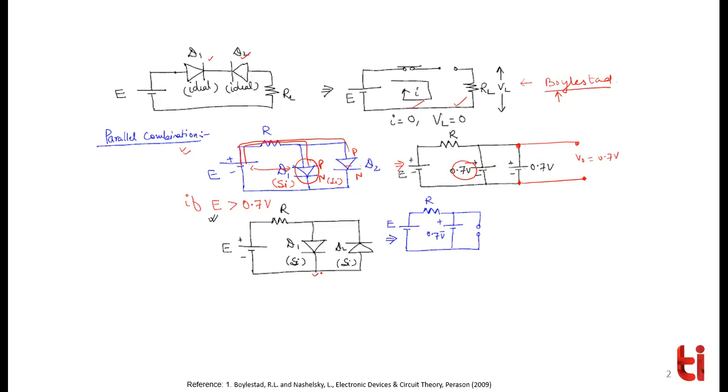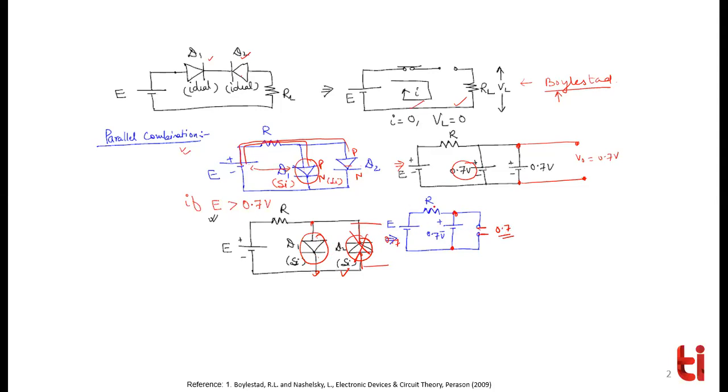Okay, if this is the case, D1 is forward and D2 is reverse. So definitely you can make it open over here and close over here. So again, output will be 0.7, because this one is eliminated and across the diode there is 0.7 volt. Whatever voltage you get here will be equal to this branch, so you will be getting 0.7 over here.